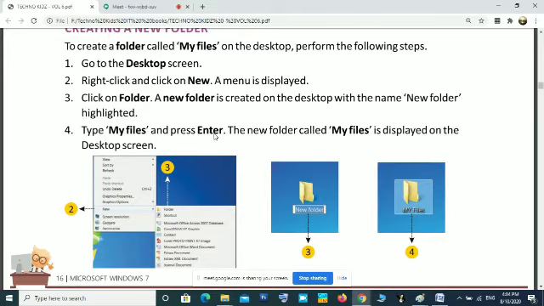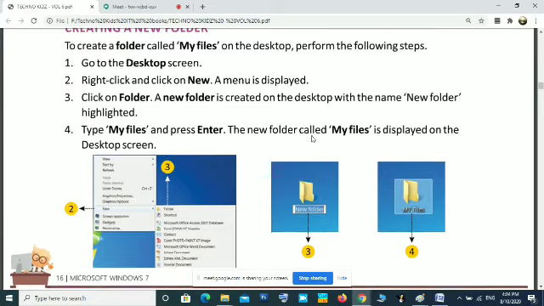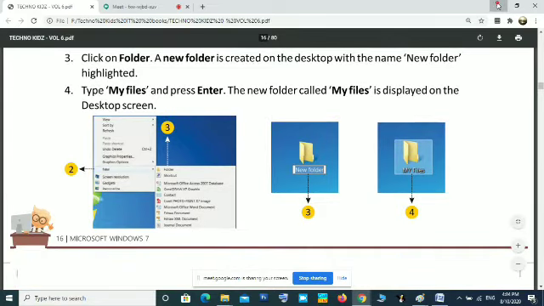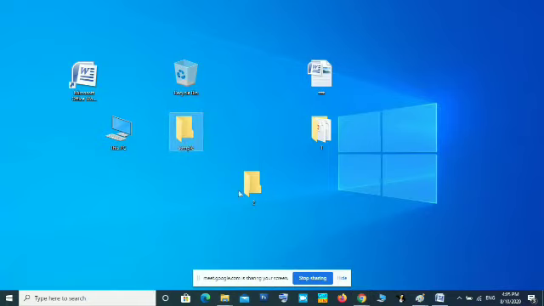Press the Enter key. A new folder called My Files is displayed on the desktop screen. Here I created 2 folders: one is Sample, the other one is 2. Now this is on the desktop. If you want to create one in some other drive, okay, this is how you create it.